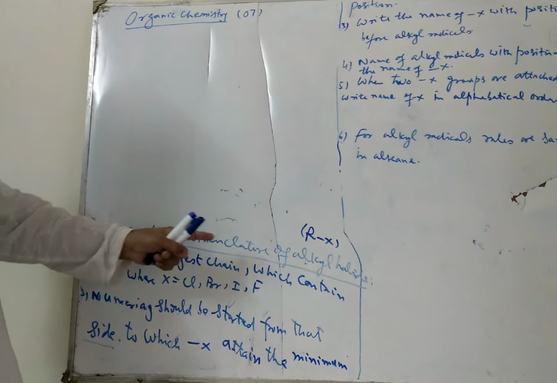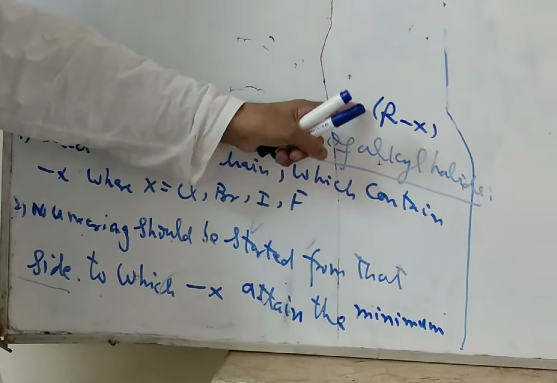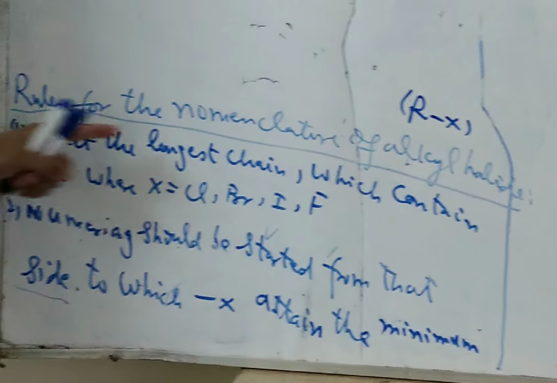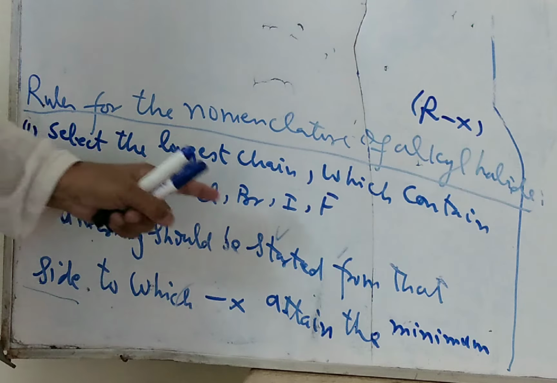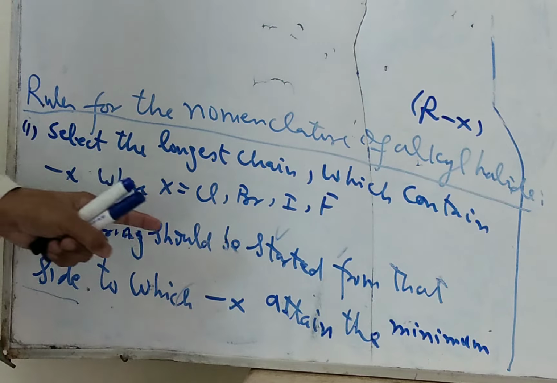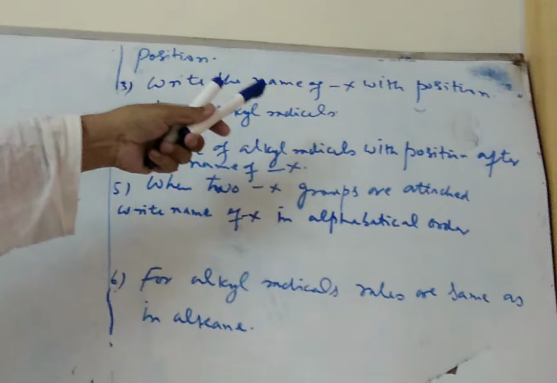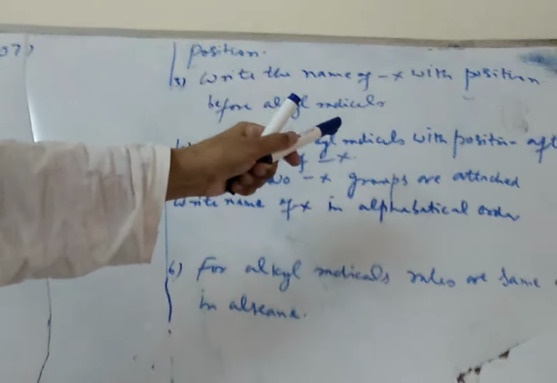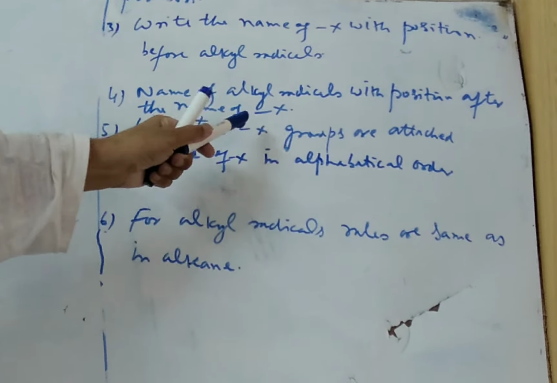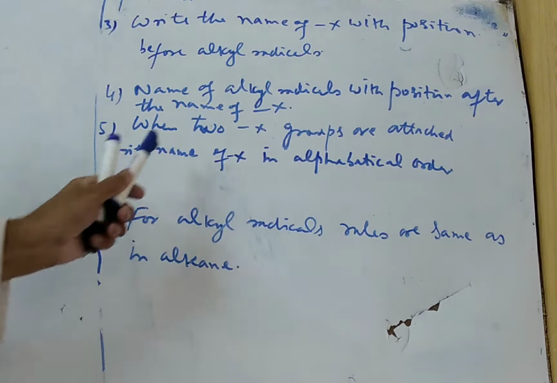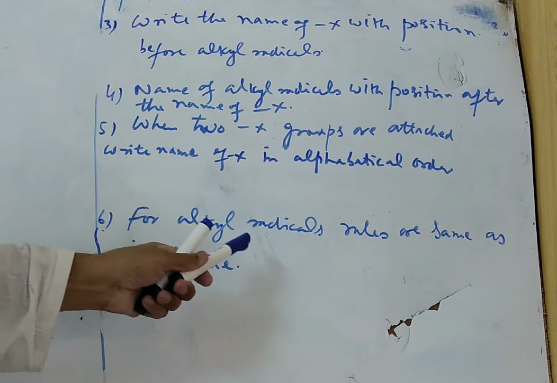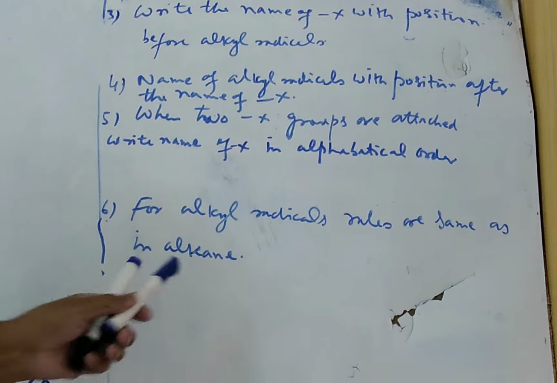Rules for the nomenclature of alkyl halides are R-X, where R is the alkyl group: methyl, ethyl, propyl. The first rule: select the longest chain which contains the X, where X is Cl, Br, I or F. Numbering should be started from that side to which the X attains the minimum position. Write the name of X with position before alkyl radicals. Name of alkyl radical with position after the name of X. When two X groups are attached, write the name of X in alphabetical order. For alkyl radicals, the rules are the same as in alkane. For example,